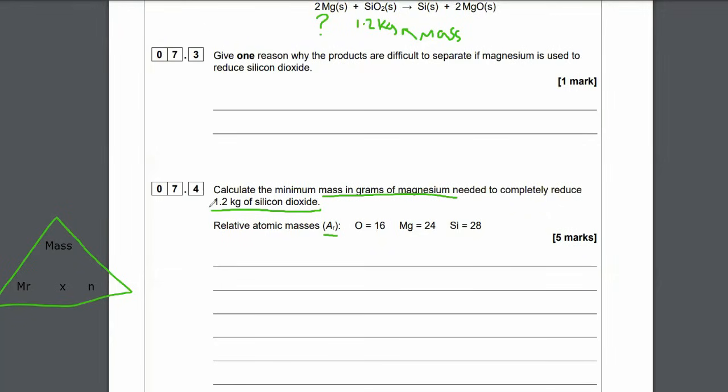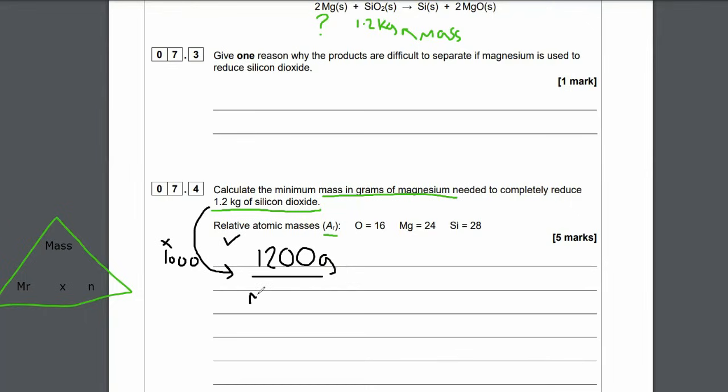I want to convert this into grams. Now, normally in physics, when you're dealing with mass, you always use kilograms. But in chemistry, we use grams for mass equations. So we don't use kilograms. So there's a little difference there between physics and chemistry. So we're going to turn this into grams, and that will score you 1 mark. How did I do that? I times by 1,000. Now that's given me the mass in grams,